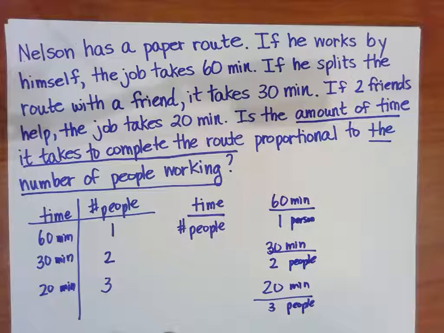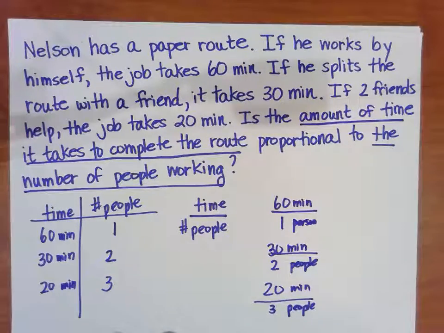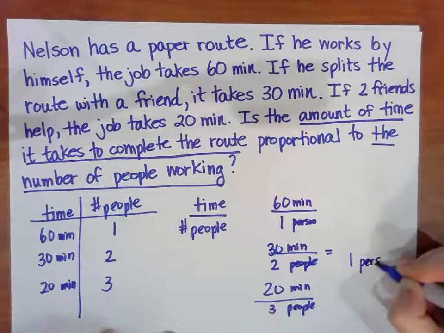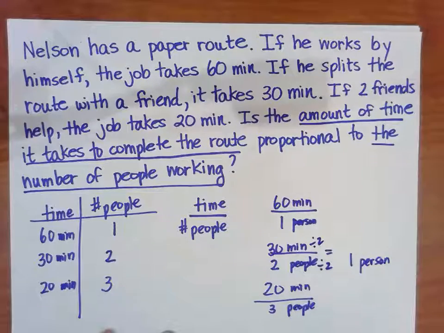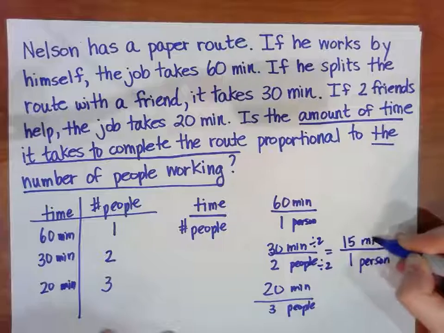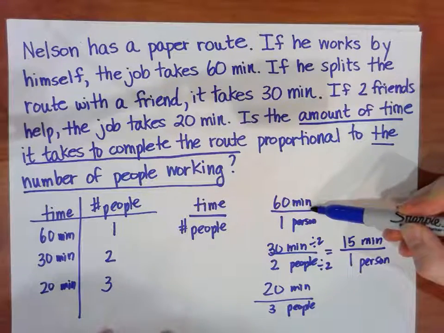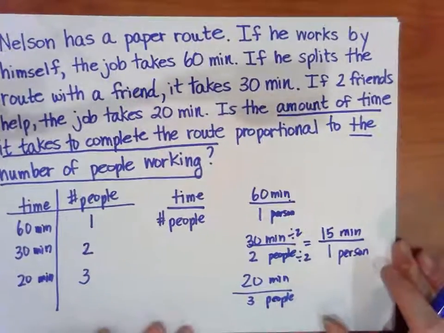Okay, well, let's look here. Let's try to get the same denominators, like a 1. Okay, so here, if we made this 1 person, dividing this by 2 and dividing this by 2, that would be only 15 minutes per person. Okay, so definitely we have a different ratio here than we do here. Well, that's enough for us to tell no, it's not proportional,